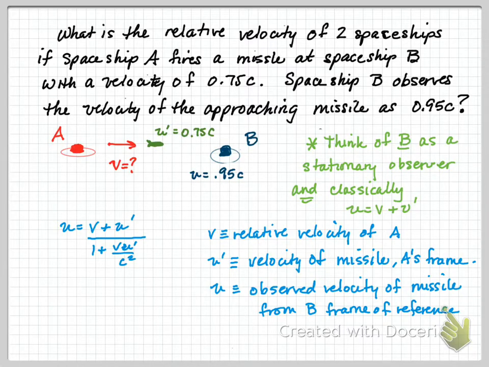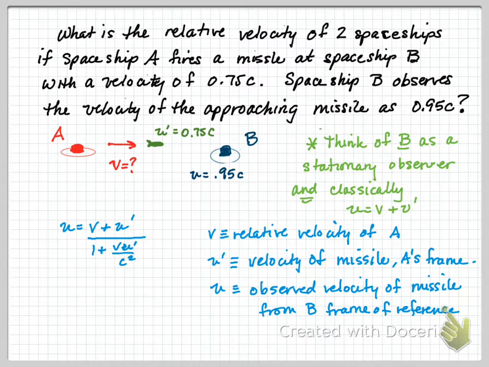All right, so here's an example of some relative motion, and we're going to work on finding velocities using the information we're given. And we have two spaceships. One is flying towards the other, and we don't know what the relative speed of the spaceships is, but what we do know is Spaceship A fired a missile at Spaceship B, and Spaceship A fired the missile at 0.75 c, the speed of light, and B is perceiving the incoming missile heading towards it at 0.95 c. And one of the ways to do this is you've got to decide who's sitting still